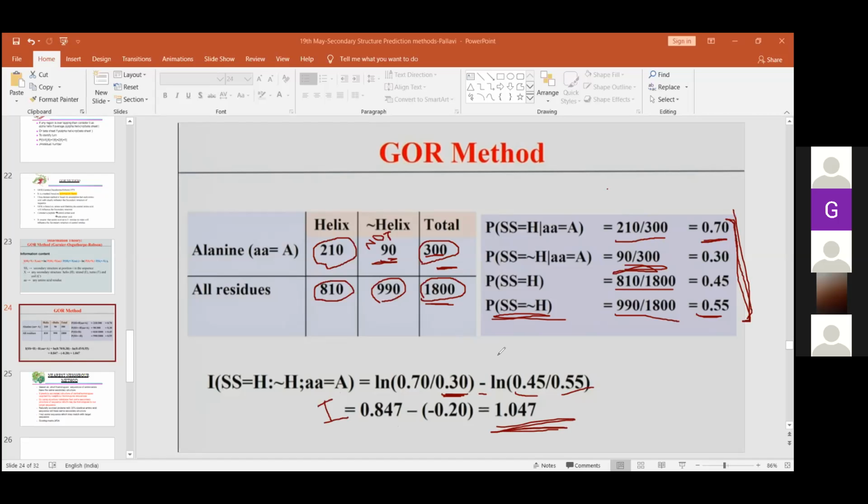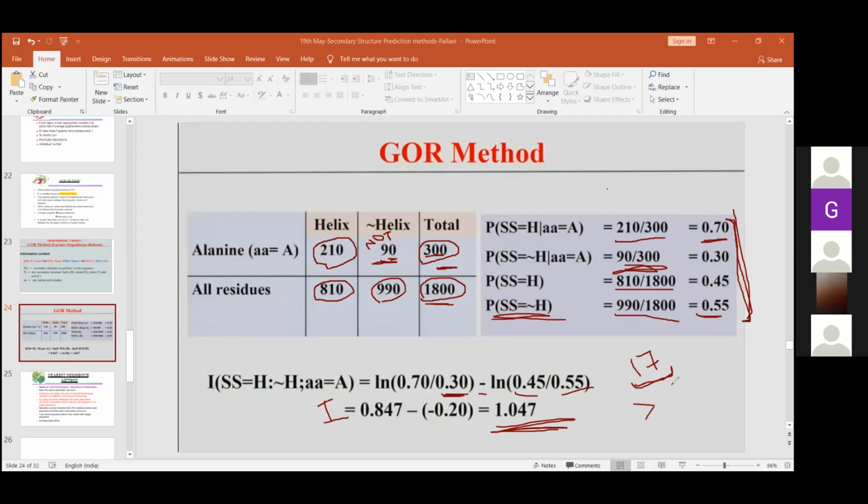Here I have taken into account the effect of the neighboring amino acids also, क्योंकि मैंने देखा है कि probability क्या है और क्या नहीं है बनने की. Now in the similar manner, you will find out the information content for all the 20 amino acids in a protein at a particular position, and you will see those reasons when you are scoring the 17 amino acids. You will see, based on the information theory, you will add these values. Sometimes this also comes into negative. So total information for that 17 amino acids is added up.